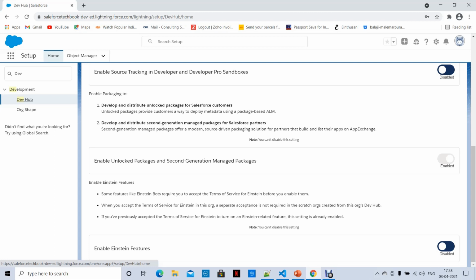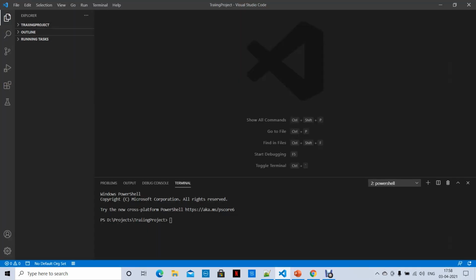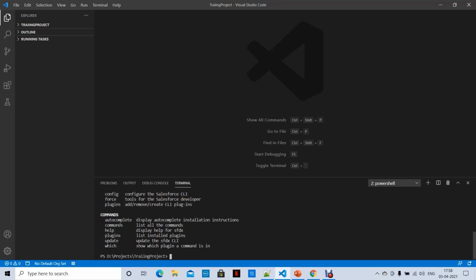Once installed, you start it. I already installed VS Code and I already installed SFDX also. For testing whether you have SFDX or not, you can do it like this. So this is how you can check.